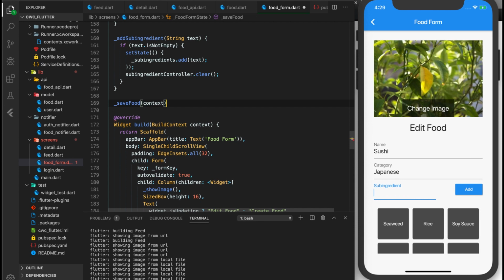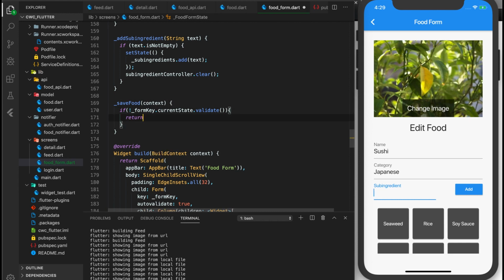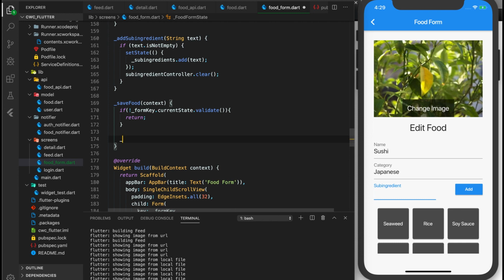So we'll just do save food. And this is where we actually validate our form and we handle the data. So first I want to say if the form key, so let's do formKey.currentState.validate. So if it's not a valid form, let's just return. You can do whatever you want here. So if we are valid, then let's just save